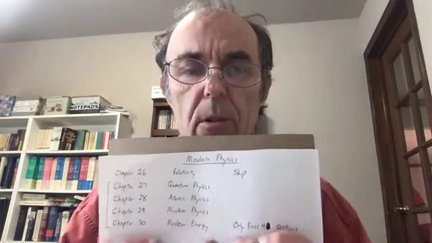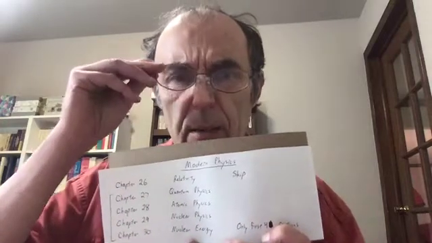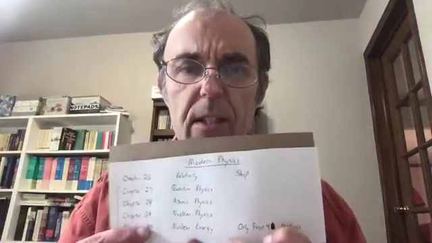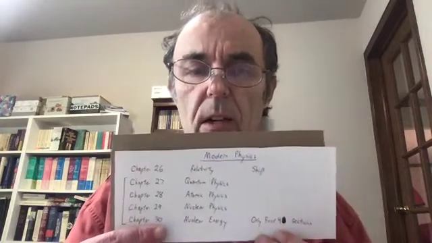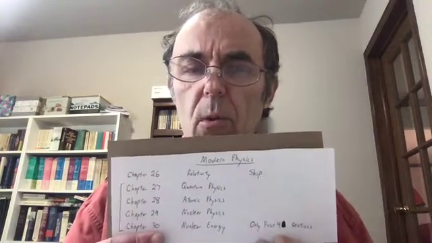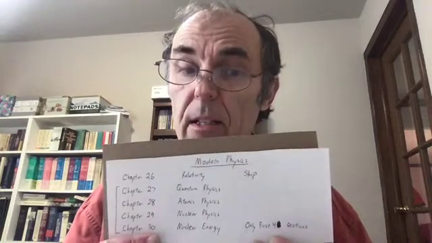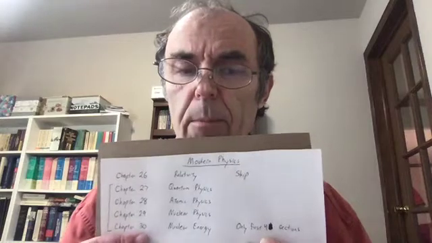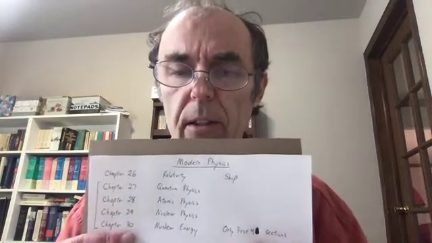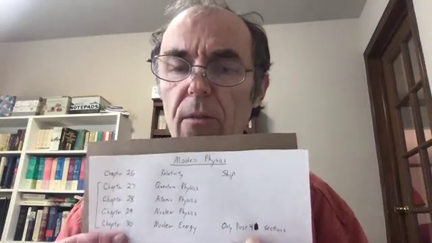We'll talk about chapter 27, then chapter 28 about atomic physics, really the ideas of Niels Bohr and Ernest Rutherford and how atoms are constructed. Then we'll go to chapter 29 on nuclear physics and study the nucleus of the atom. Finally, chapter 30 will be talking about nuclear energy, and we're only going to talk about the first 4 sections